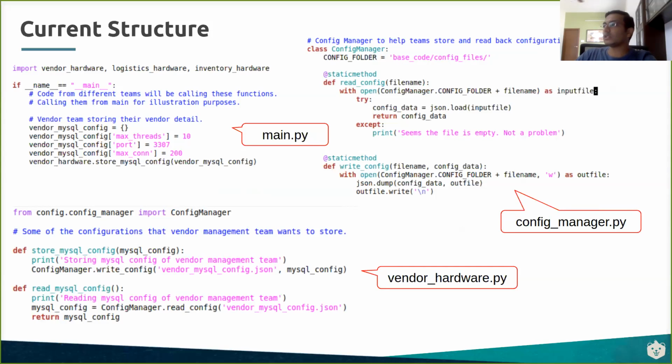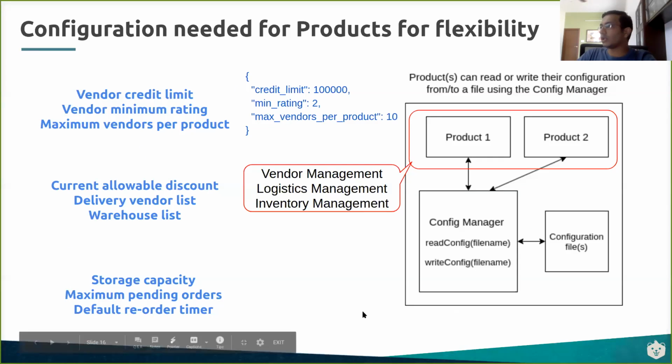So at that point, this is what the structure looked like. We don't really have anyone else to trigger this, so we are writing a main.py, which will trigger the actions that the products need to take. These products are effectively different classes, right? Product one has a read config, write config. Product two has a read config, write config. In fact, he himself may have 2 or 3 different sets of configuration, right? So he'll always say read config and give a specific file name. He knows which file name to store one kind of configuration in, and for a second kind of configuration, he can read or write a different configuration file name, right? So all of them are using it.